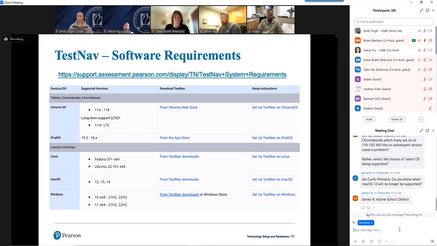So if you go out and look at the support site that you have listed right here, this URL, on the left-hand side, there will be a link for technical bulletins, and you should be able to look at past technical bulletins and see about when that update comes out that says, hey, we're no longer going to be supporting these in the upcoming school year. That's a good metric for when you can at least expect the news about when 12 is going to be supported or not.